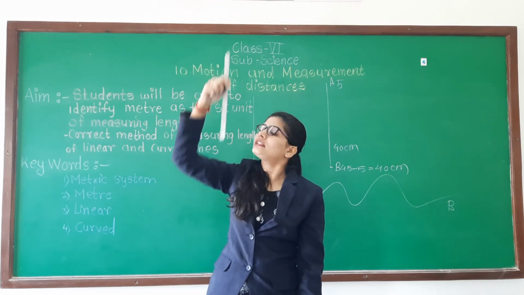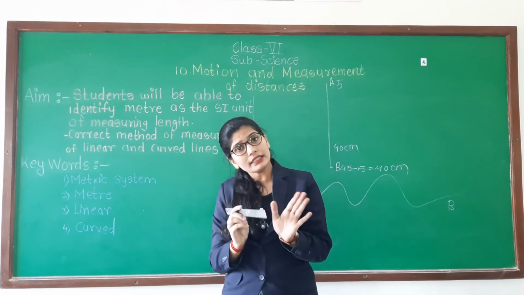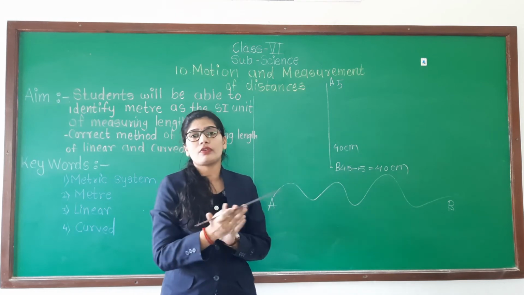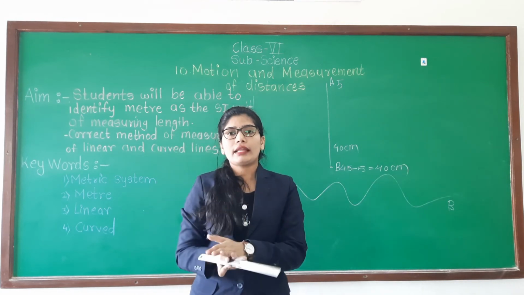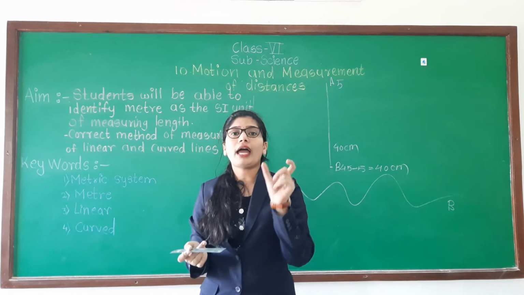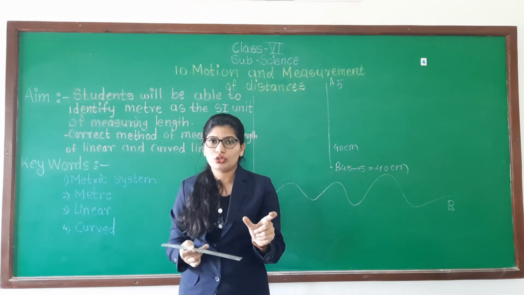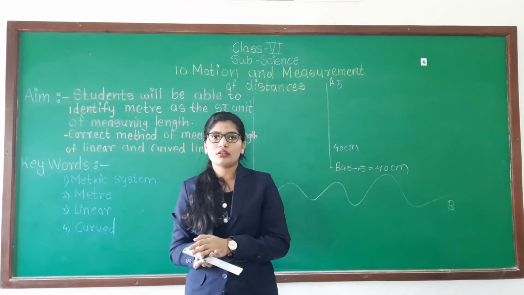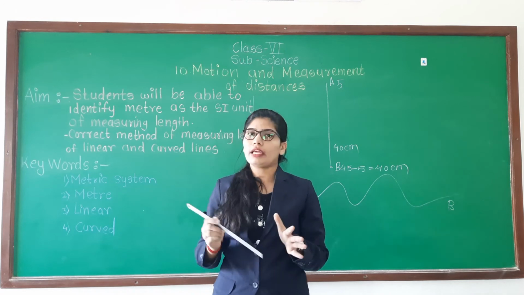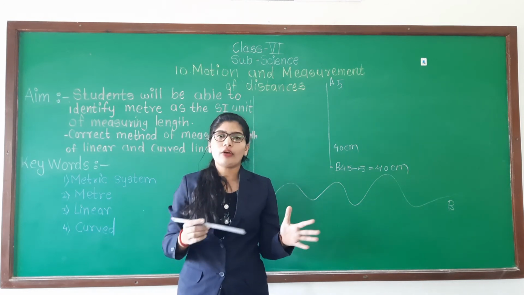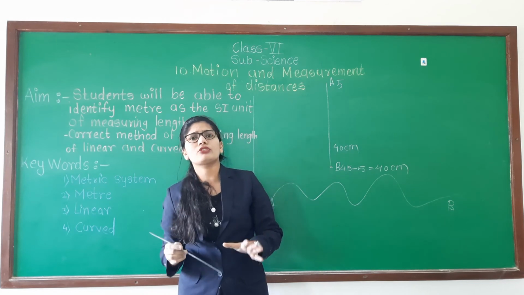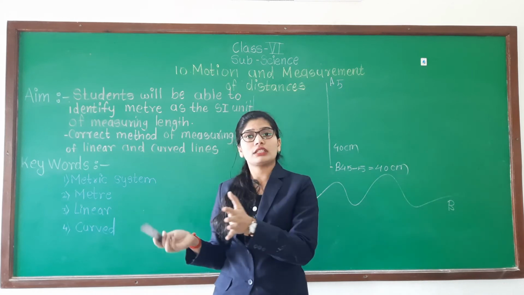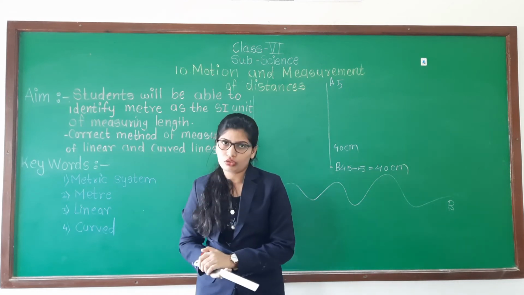If you are putting like this or like this, you will get the measurement, but there is a slight difference, and we don't want the slight difference when you are learning about the science and the experiments. Okay, we need accurate measurement, accurate value for your further calculation. So that's why we have to avoid these things. We have to take the precautions while you are measuring something. So you have to follow these things while measuring the temperature of that solution by using the thermometer, and when you are using the scale.